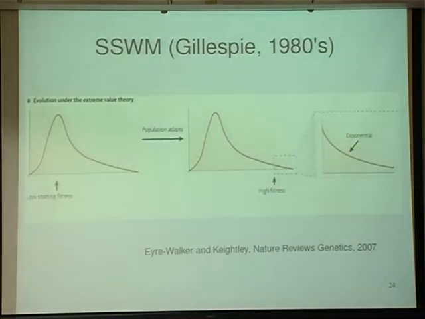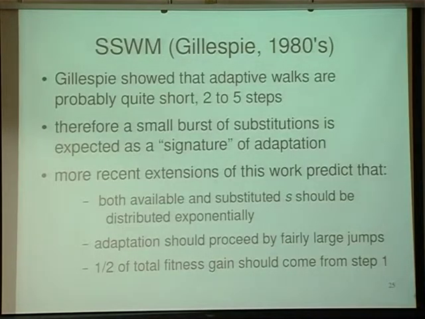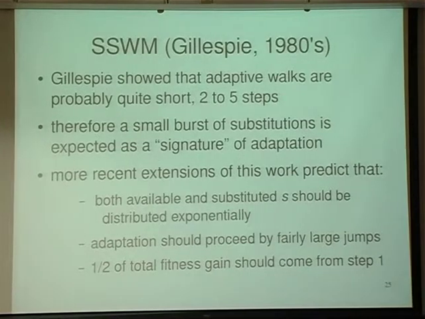So this is a distribution of selective effects. It might look like this, and the population might adapt. But as several of you argued, we expect that organisms in their environment are fairly well adapted. So they're probably somewhere up here. And if we zoom in, we have this tail of the distribution. And the tails of a lot of distributions are exponential, a lot of well-behaved distributions. So using these general results of an exponential distribution, Gillespie was able to make some really robust conclusions about adaptive